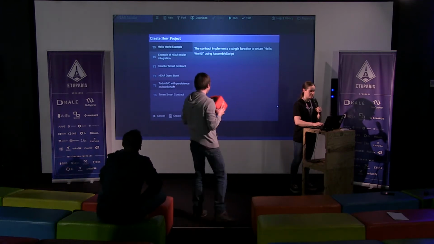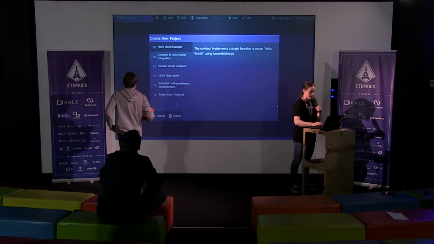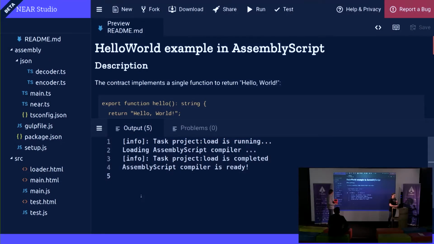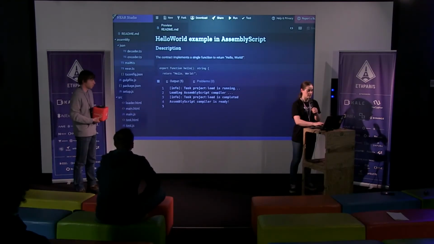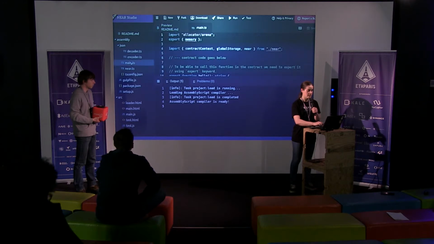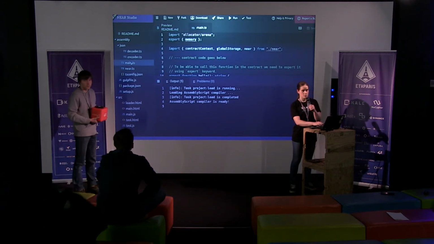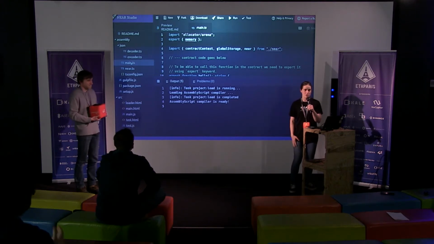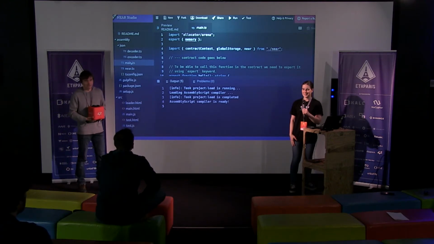Okay, open your studio. Click this particular template, create. So when we go here, this is an online IDE. If you start from a template, it will actually give you some starting code to play with. And you can kind of browse around. The contract itself is defined in the main.ts TypeScript file. This is using TypeScript, which is a standard language. This is cool. If you know JavaScript, you're going to be able to do this. I promise.